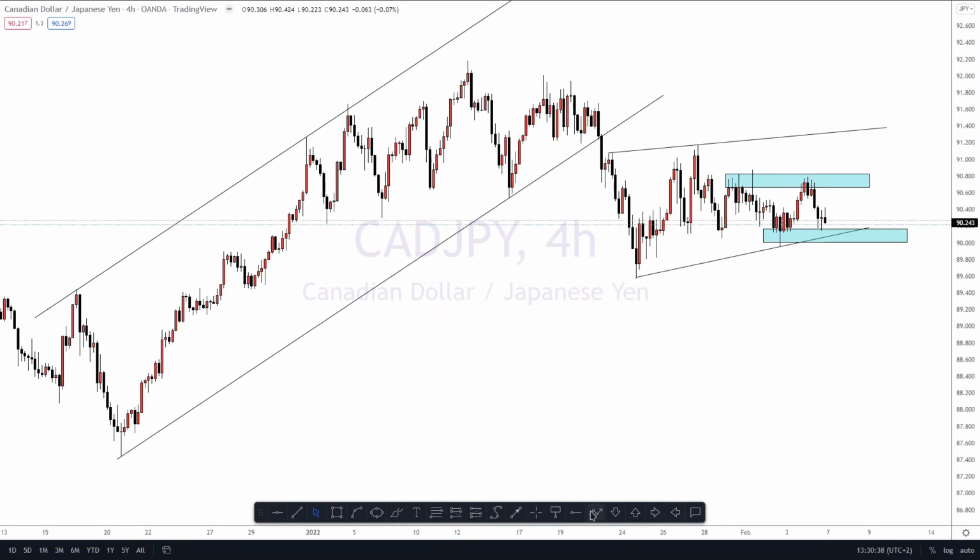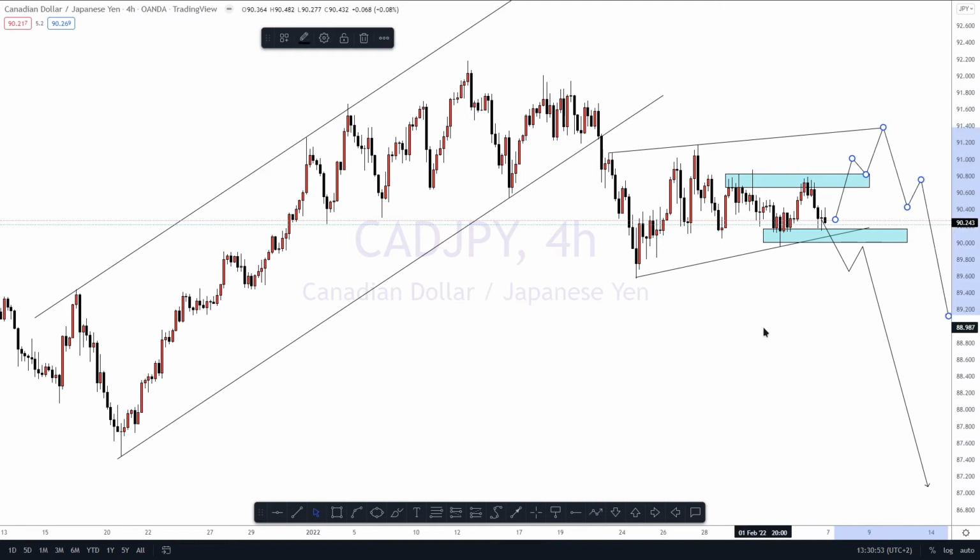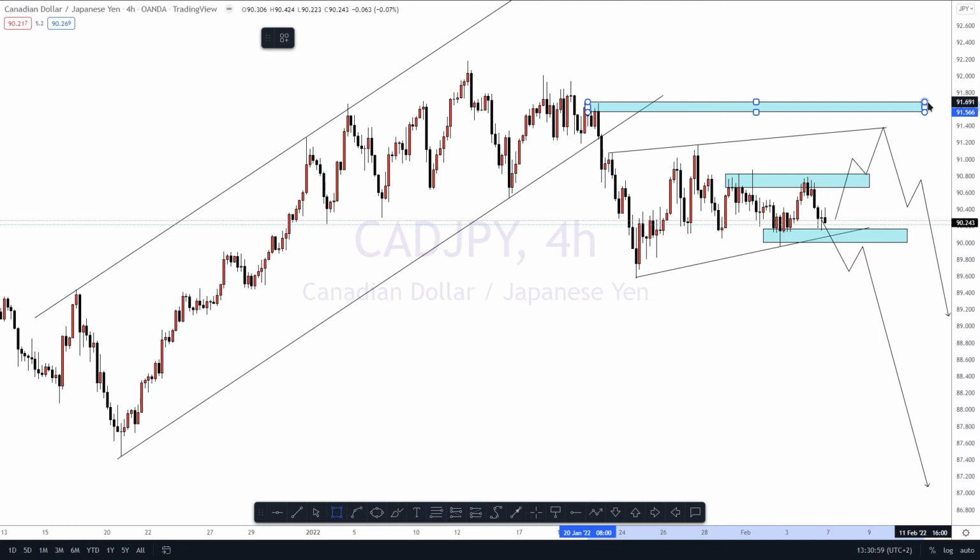And now what we'd love to see is price breaking below or above these two levels. So if we can break below, we can anticipate that we're going down. But if we break above, there are also two opportunities. We can break above, come back here for a third touch, and then break below and go down. And if we break above this zone, and this trend line, then you can continue to see an upward movement.